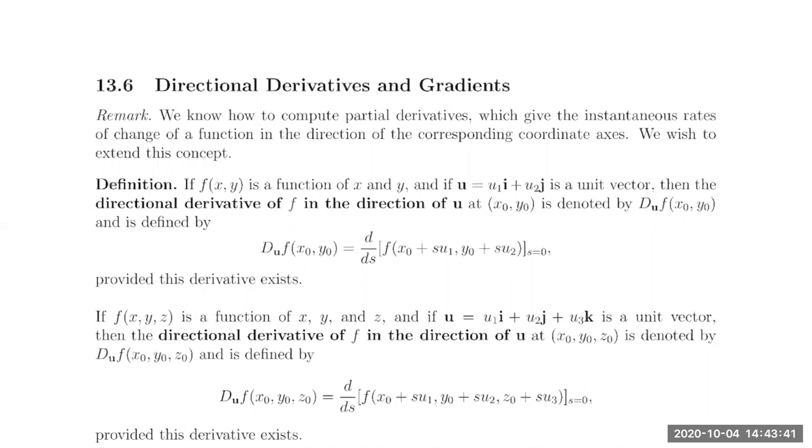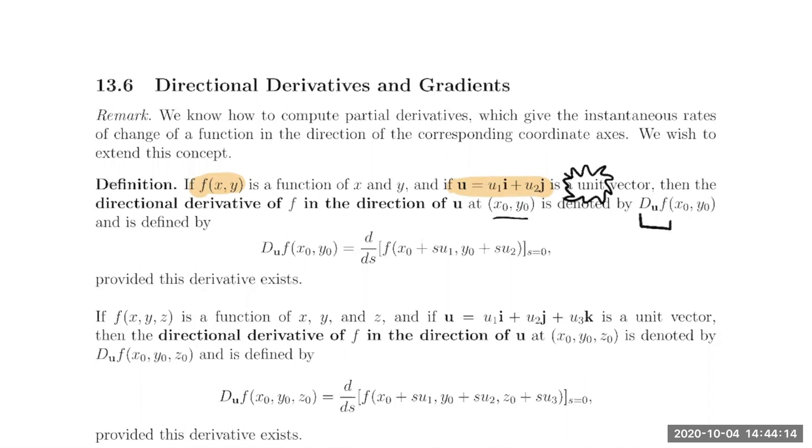We're going to assume, first of all, that we have a function of two variables, f of x, y, and we also have a unit vector composed of the components u1 and u2. I want to really bring your attention to the fact that it's imperative that this vector is unit. So if we would like to find the directional derivative in the direction of u, specifically at some point x naught, y naught, then we denote it by this capital D with a subscript u of f, and it's defined